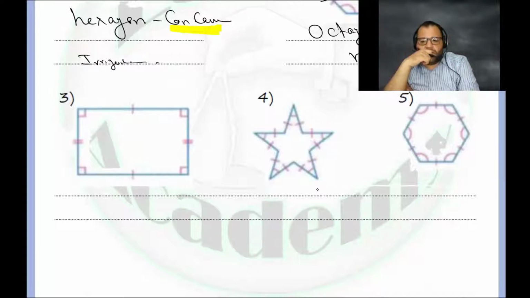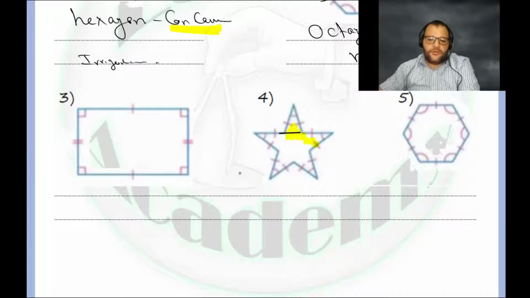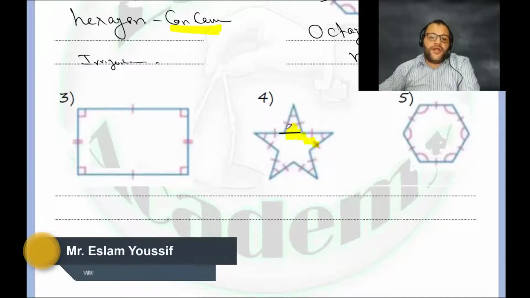Number four. I don't know this one. It's a decagon. Yes, decagon. And it's concave, because if you draw the line and extend this side, it will be in the interior region. Concave and irregular. Why irregular? Because